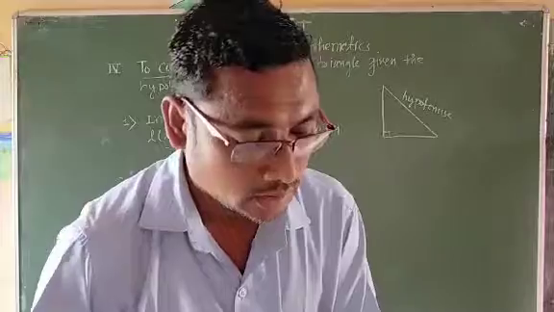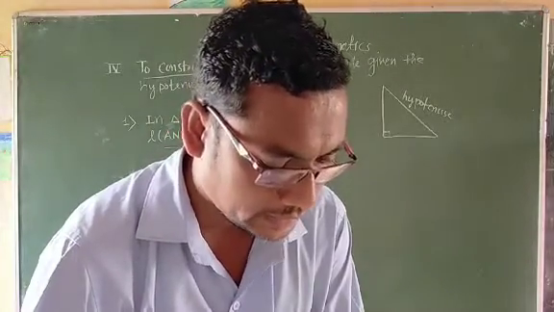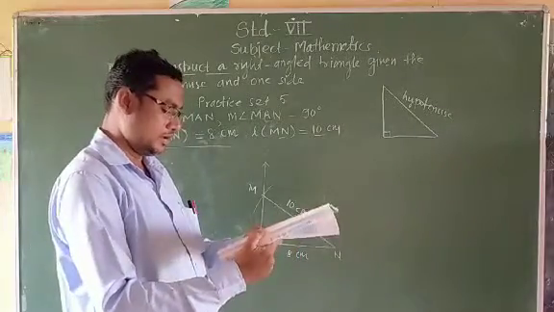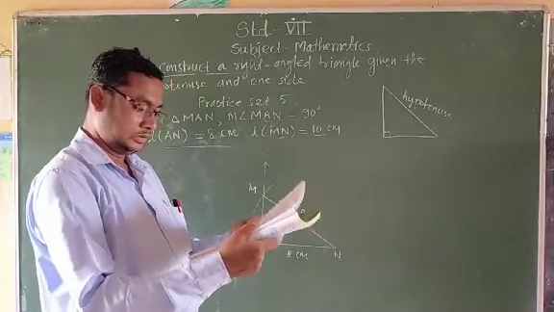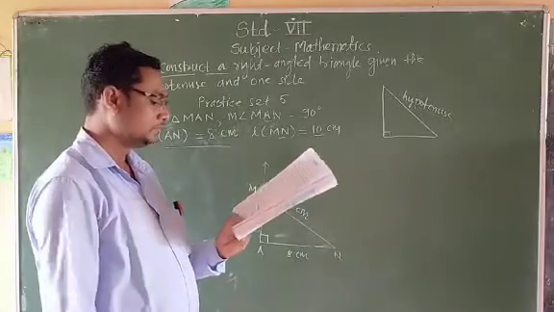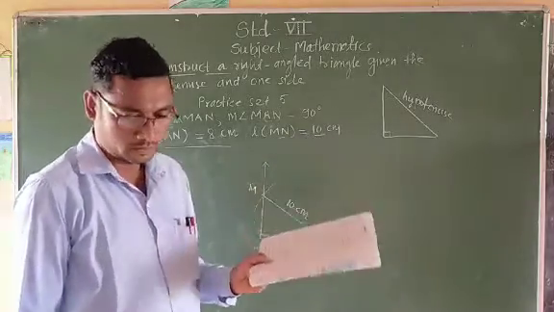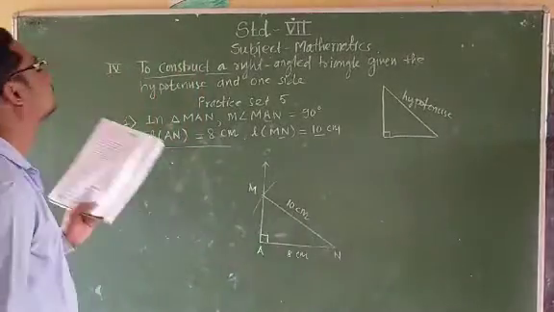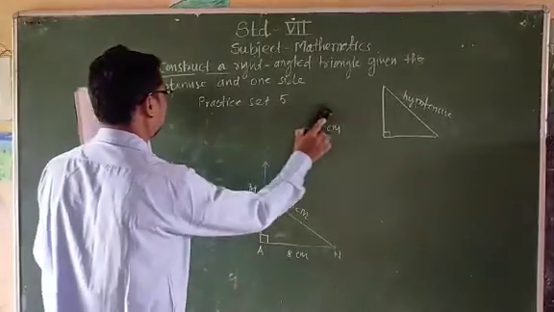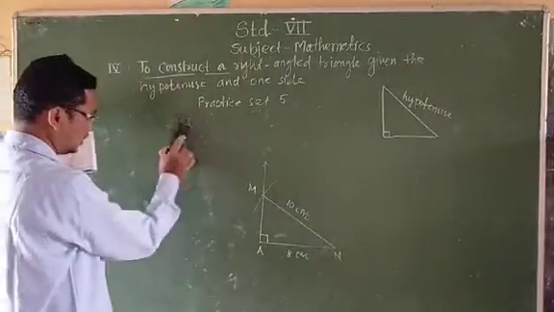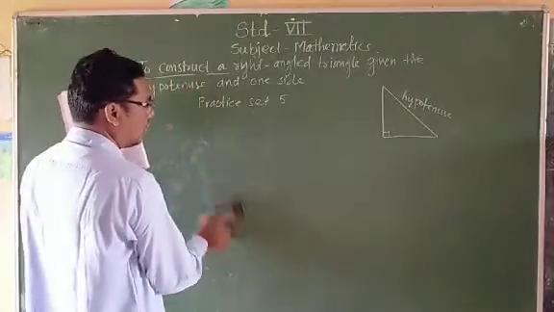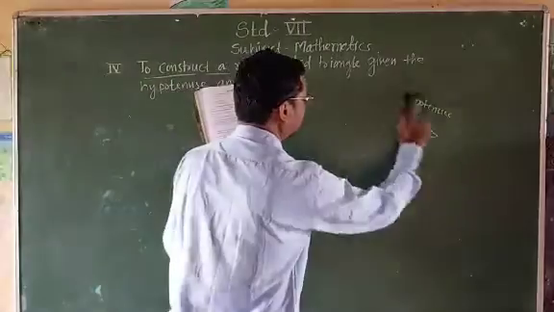Okay. Now one more problem we will take from this practice set 5. So we will take the problem number 4. Problem number 4 we will take. Okay. From the practice set 5. So you have to draw this figure in notebook. Okay. आपल्याला ही फिगर ड्रॉ करायची आहे नोटबुक मध्ये.